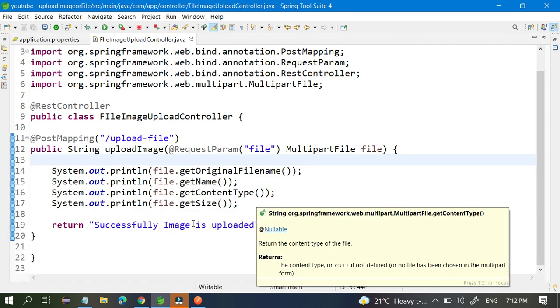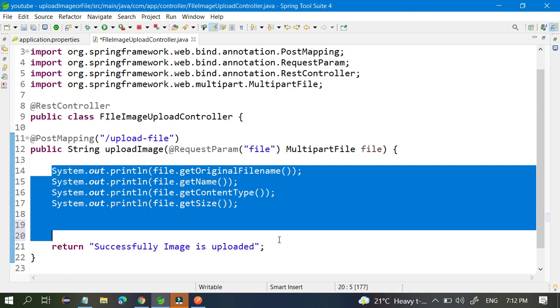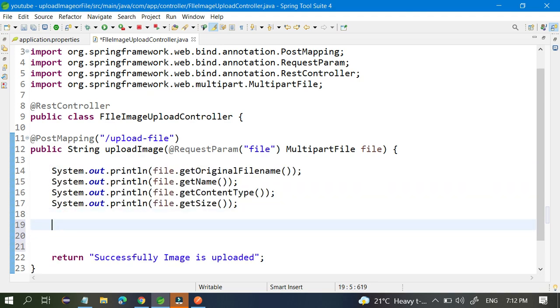Now your responsibility is to take the directory where you want to store your data. So for example, create one string, path directory, equal to double quotes. I don't know where I have to put the data, but that much I know. So this is the path directory, the path where I want to store this data.